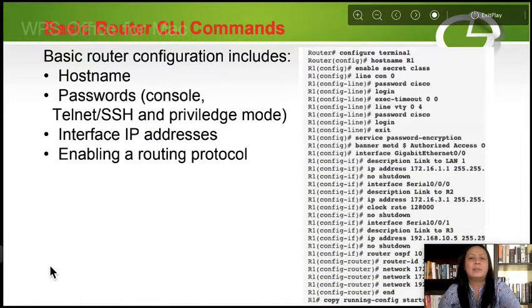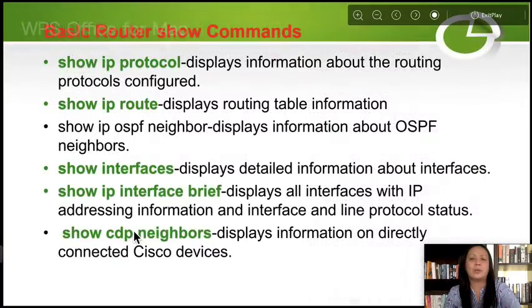The basic router CLI command. The basic router configuration includes the host name. This is the host name. Of course, when we type the host name, we will know if it is a switch or router, and what kind of device. Also the passwords are console, Telnet, SSH, and privilege mode. Interface IP addresses, of course we need it, and enabling routing protocol. So in this area,